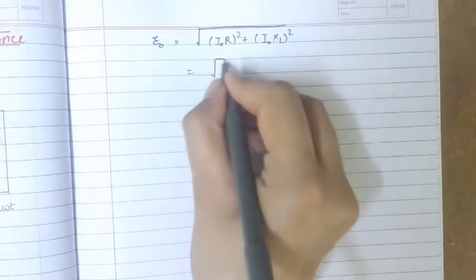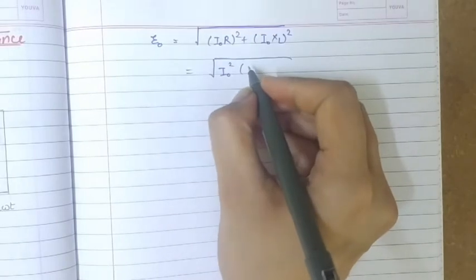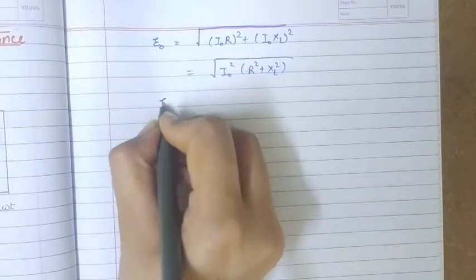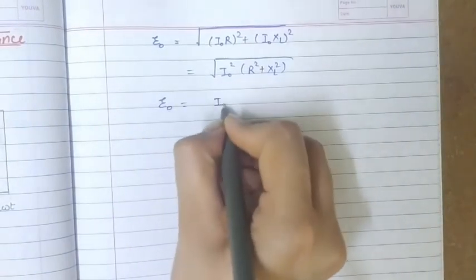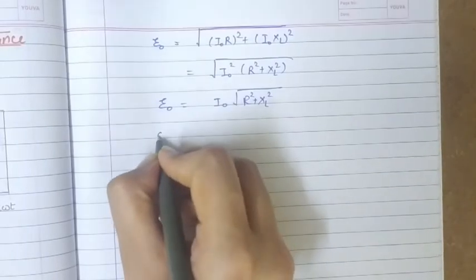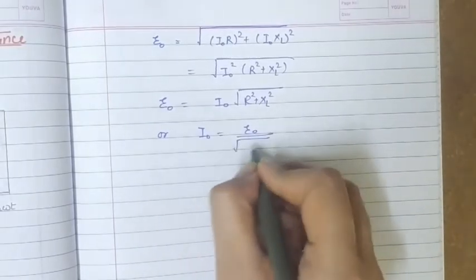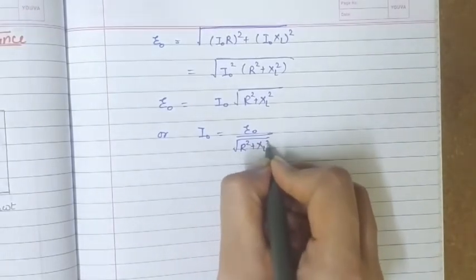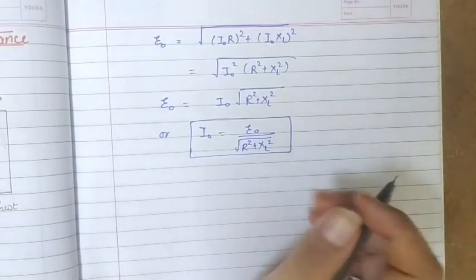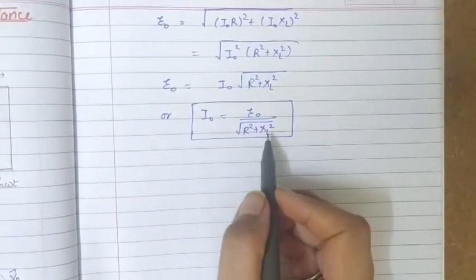That means under root I naught square, and within the bracket it is R square plus XL square. So epsilon naught is equal to I naught under root R square plus XL square, or we can write I naught is equal to epsilon naught upon under root R square plus XL square, where the denominator, under root R square plus XL square,